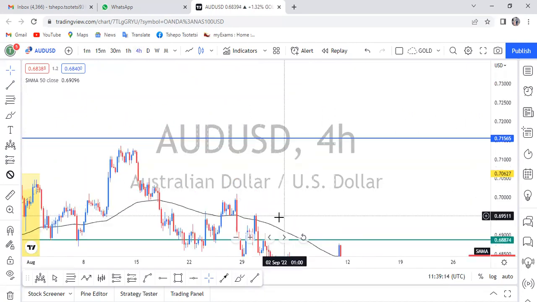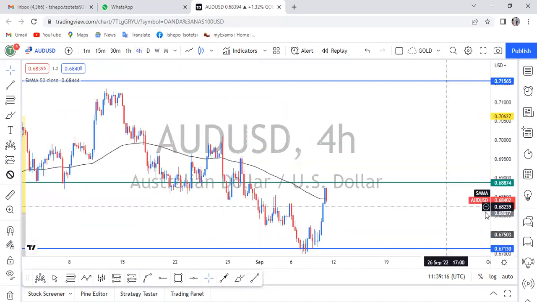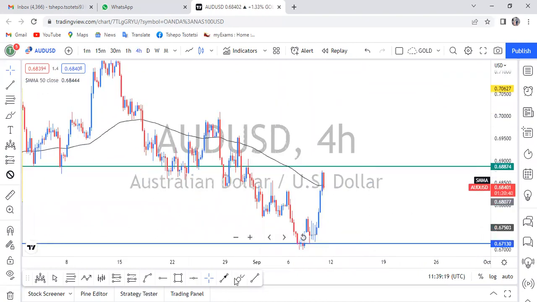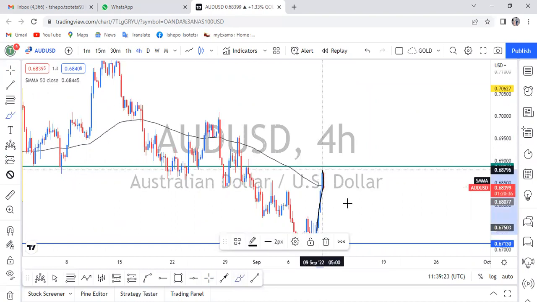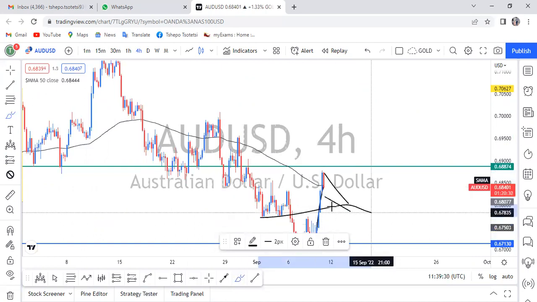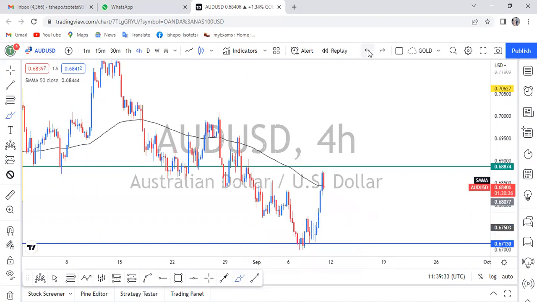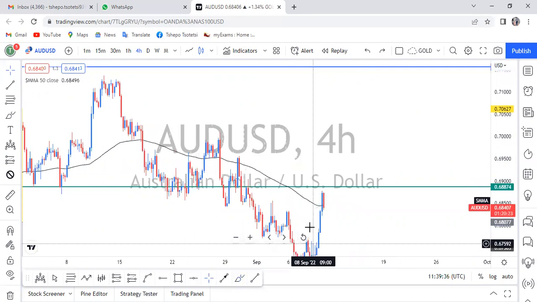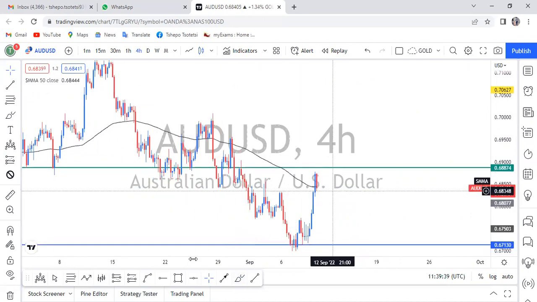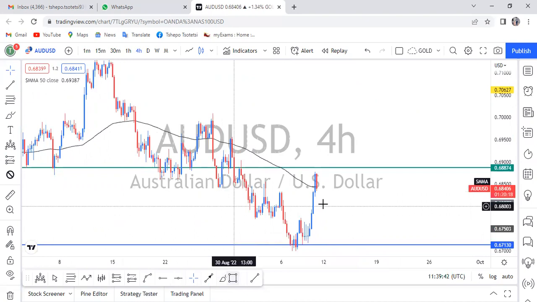So another entry we can see here. So this was an impulse. We might expect a correction. So let's say we're gonna have this level here. Then we're gonna take an entry. So we can see now price is not fully closing above our moving average. Let's say, let's put,